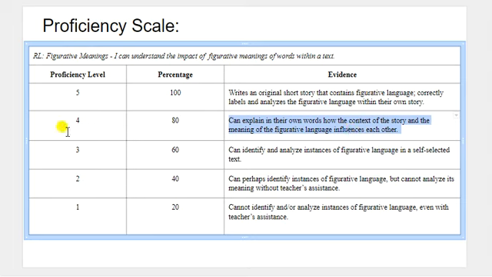So keep your eyes peeled for that, because I want you to shoot higher than passing. Even higher still, to get to the very top of 5 on the proficiency scale, you're going to be able to do everything here for a 3, everything for a 4, and you're also going to write an original short story that contains figurative language. And within your own story, you will label correctly and analyze the figurative language in your story.